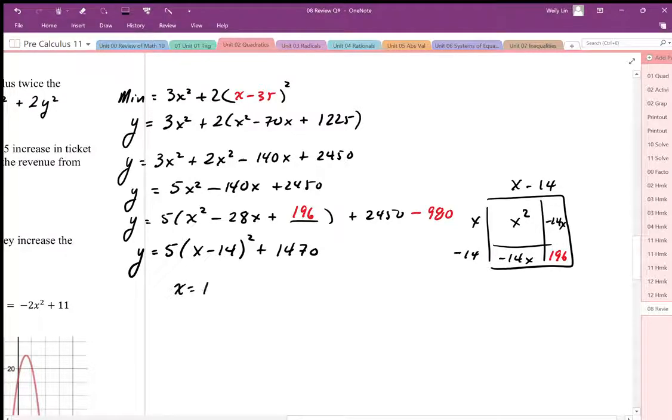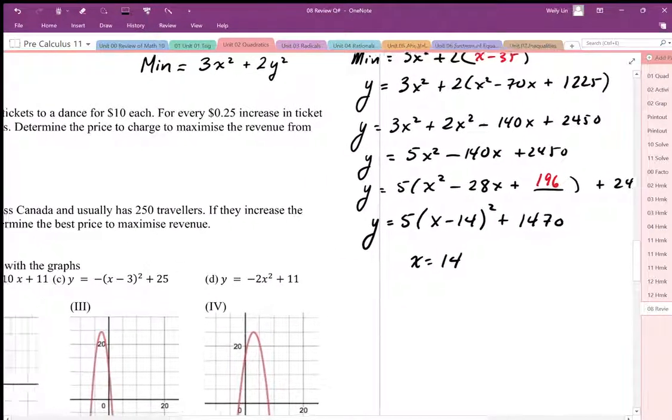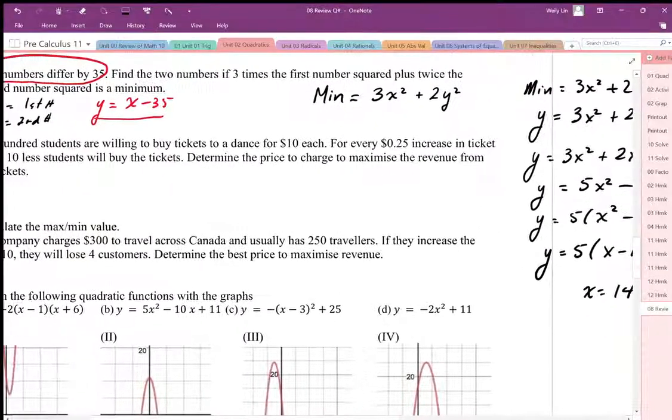Okay, so that's going to be my vertex. x is equal to 14. Okay, so there's the value of x. To find y, the second number, is going to be x minus